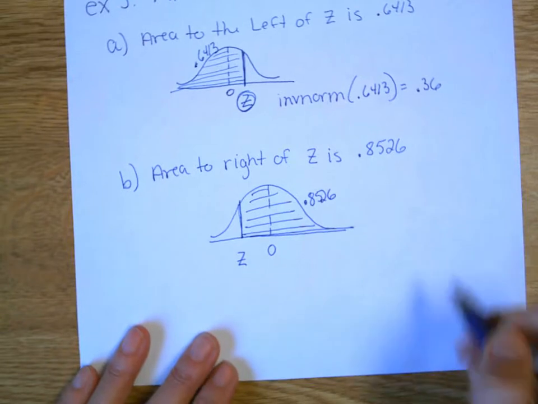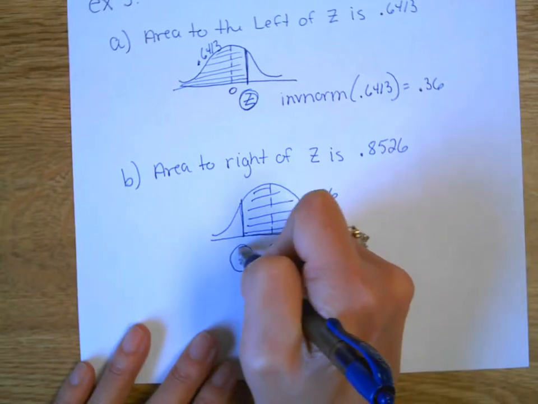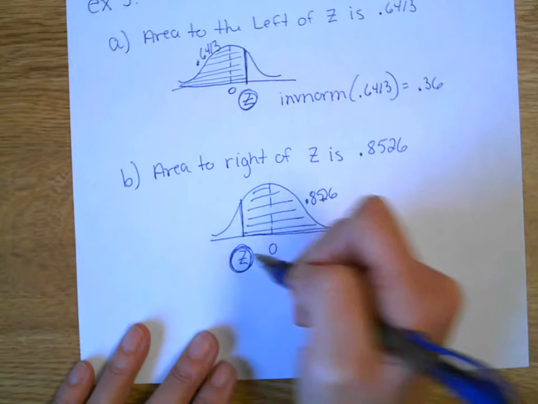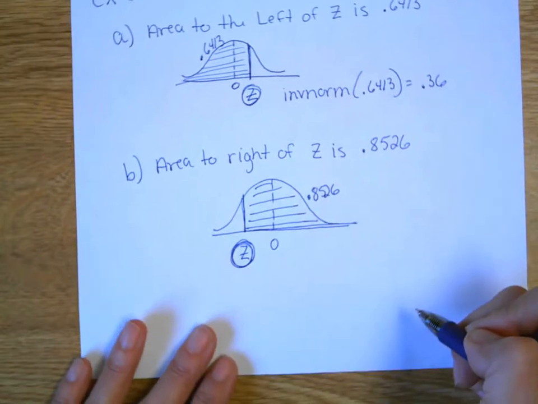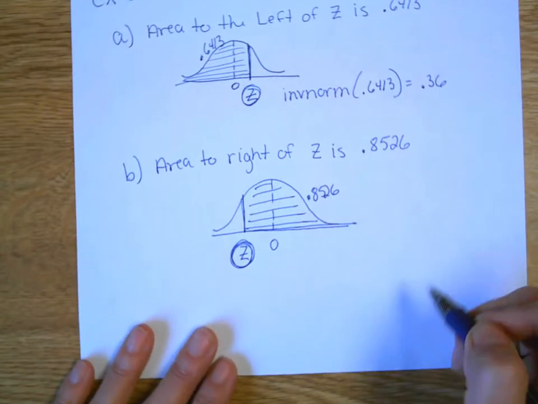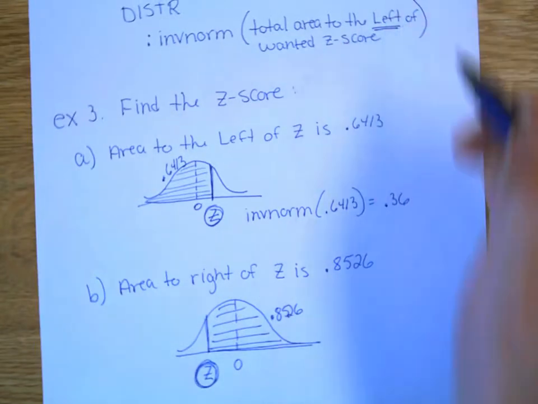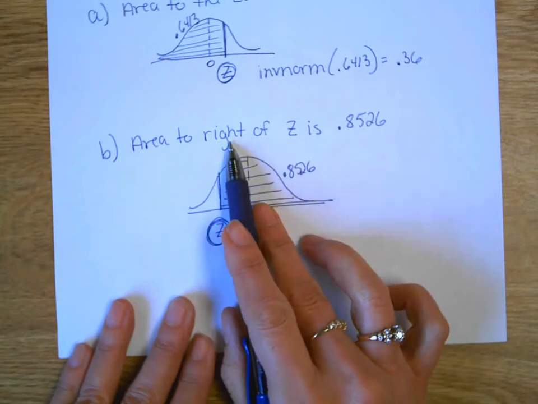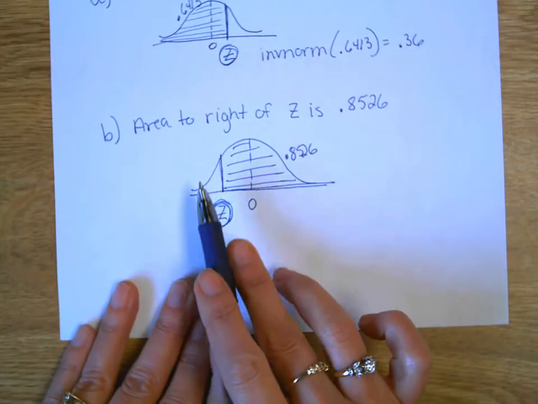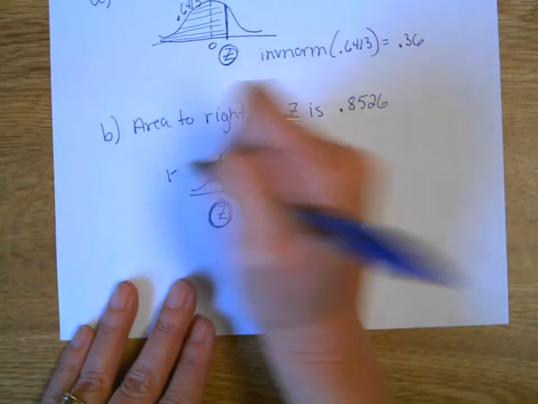If I want this z-score, though, what do I feed inv norm? 0.1474. Where's that coming from? I subtracted it from 1. Yes, inv norm always wants to be fed the area to the left. If they don't give me the area to the left, you've got to find it. So if we go 1 minus,